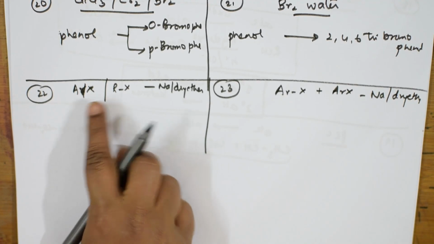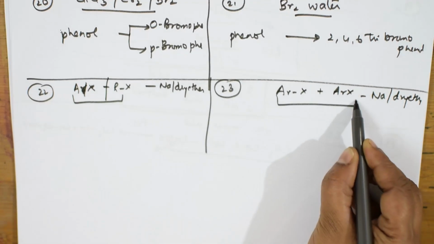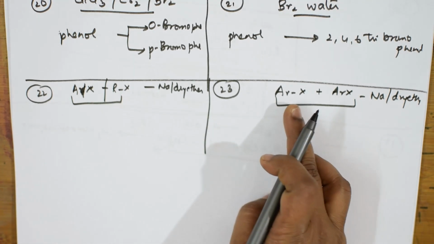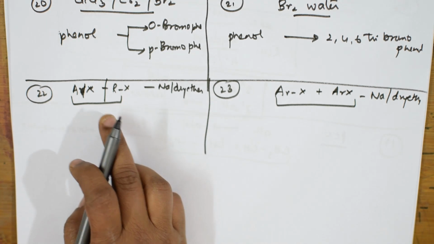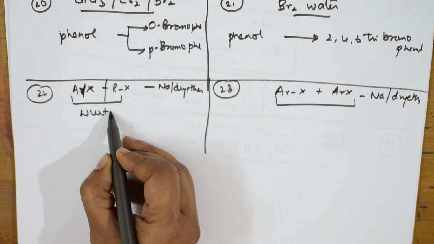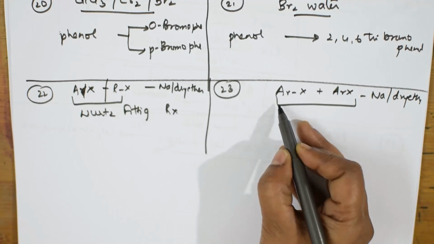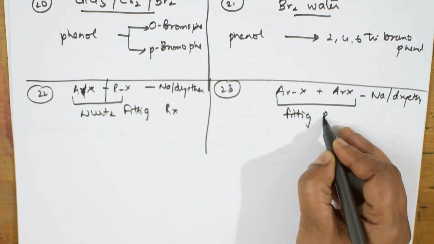If you have ArX plus RX, what is this combination? Aryl halide and alkyl halide, one combination. Aryl halide and aryl halide, one more combination. Aryl halide and alkyl halide, the first combination, is called the Wurtz-Fittig reaction. Aryl halide and aryl halide is called